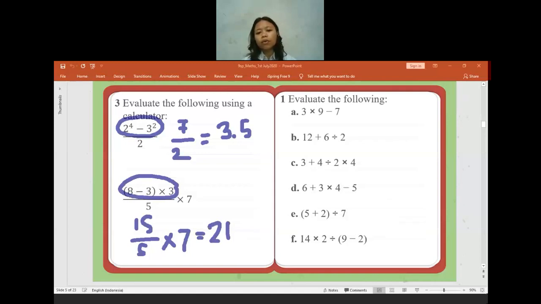Is there anyone who is confused? If you are confused, please let me know. It's okay to ask. No. In the book, it says plus 7. Oh, plus 7. Sorry, I typed the question the wrong way. Thank you, Nicole. So it will equal 10. It's supposed to be plus. Is there anyone who has difficulties?